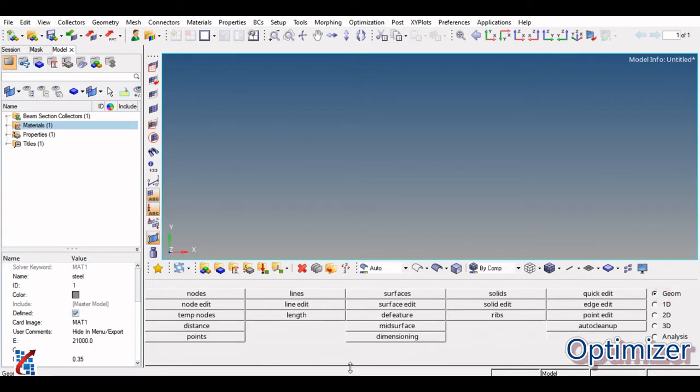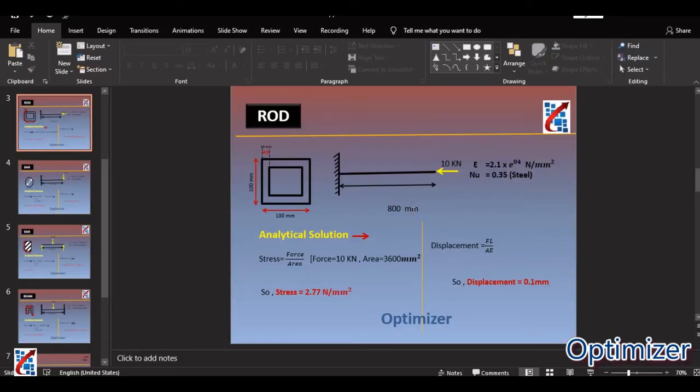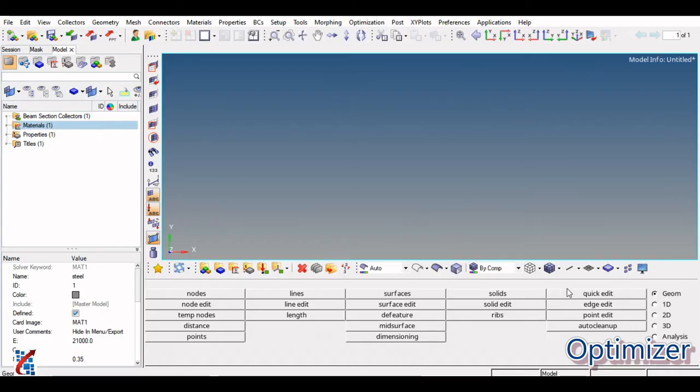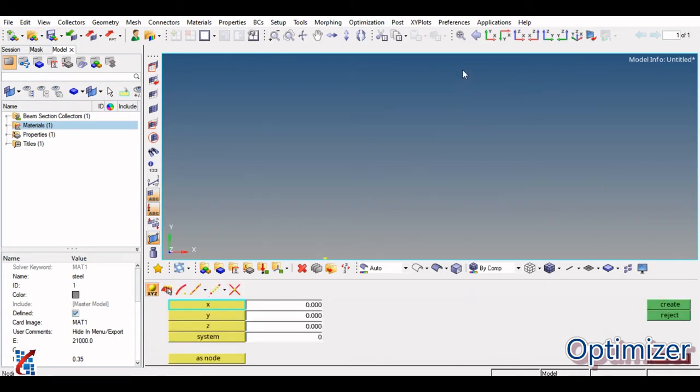So for defining the component, we know the total length of the beam is around 800 mm. So just come to HyperMesh, go to nodes. The first node I am going to create at the origin, that is 0 0 0, and the second node I am going to create 800 mm in the X direction. You can again click on create. You can click on this fit in all, or directly you can press Y up, so that it will fit to the window. Okay, so two nodes we have created.